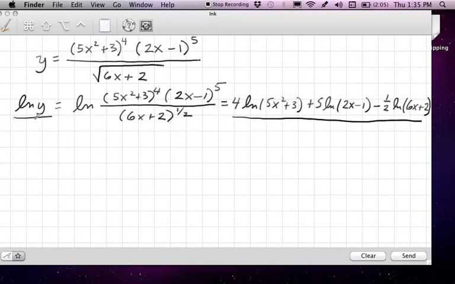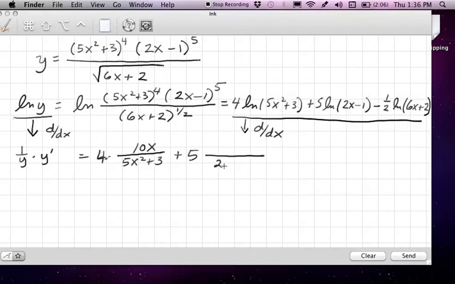So then now differentiate both sides with respect to x. So the left side, you will always, always, always get 1 over y times y prime, always. So we're going to do d dx and d dx, both sides. And then this one's an easy one to find the derivative of. It's going to be 4 times, you have the 5x squared plus 3 in the denominator, and 10x, its derivative, in the numerator, plus 5,